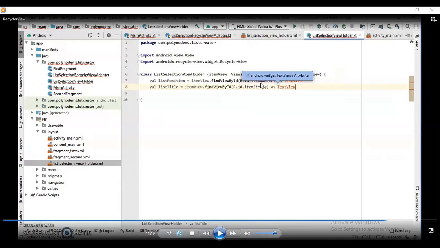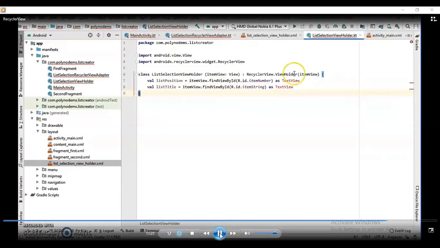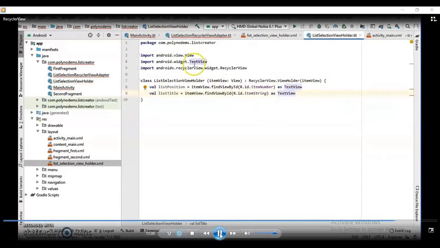The first one is for your first text view, that is item number, and the second one for the second text view, that is item string. So list position and list title are the two properties for text views. Again, you will be adding the reference of text view inside your code.